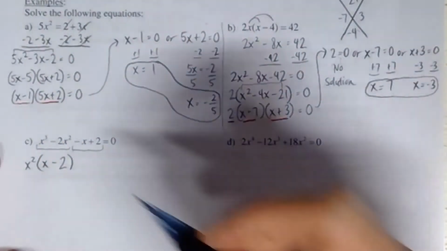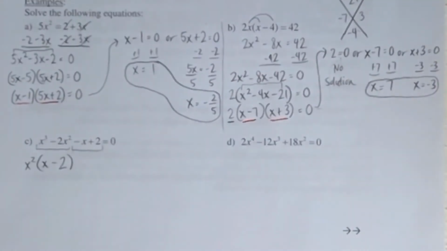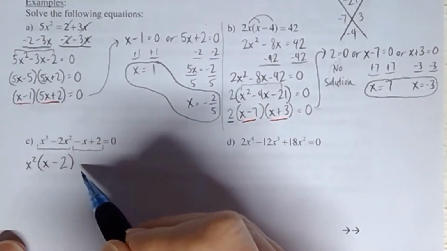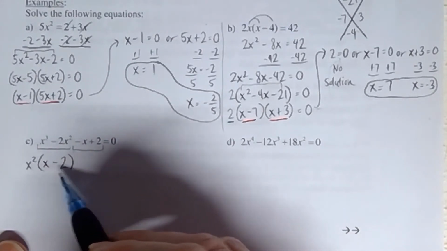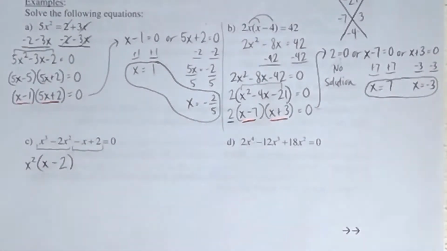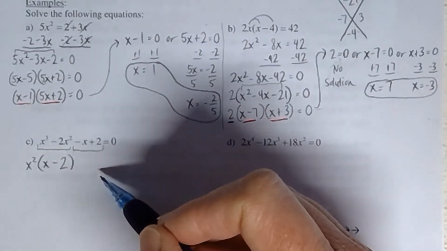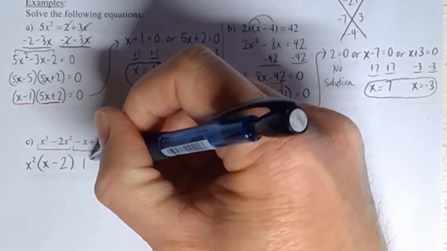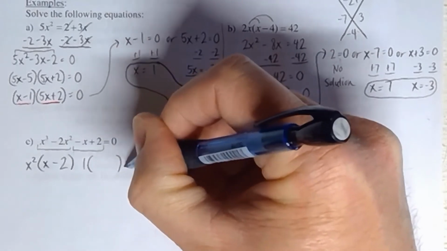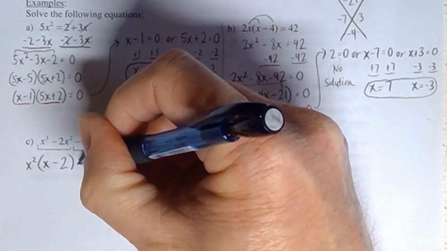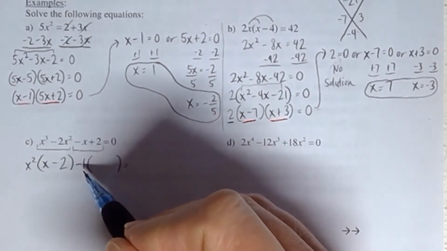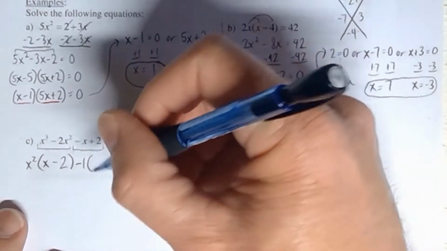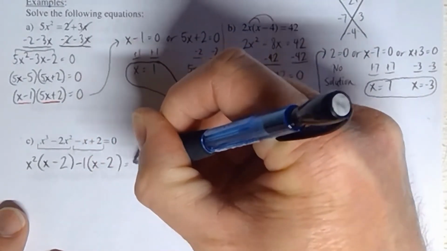In the second grouping there, the GCF actually is 1, isn't it? But remember, when you're doing factor by grouping, and you're on that step where you produce the 2 brackets, you have to factor it out even if it's 1, because you've got to produce the 2 brackets somehow. So I am going to factor out the 1, but if I factor out positive 1, it's not going to give me the same bracket. But if I factor out negative 1 instead, like we talked about in the factor by grouping section, consider the negative if the positive doesn't work, doesn't that give me the same bracket, x minus 2?